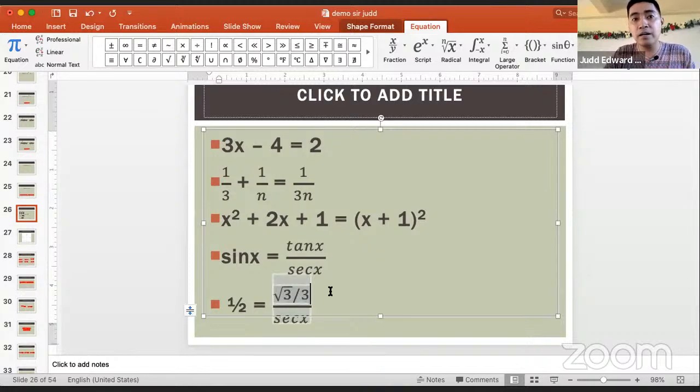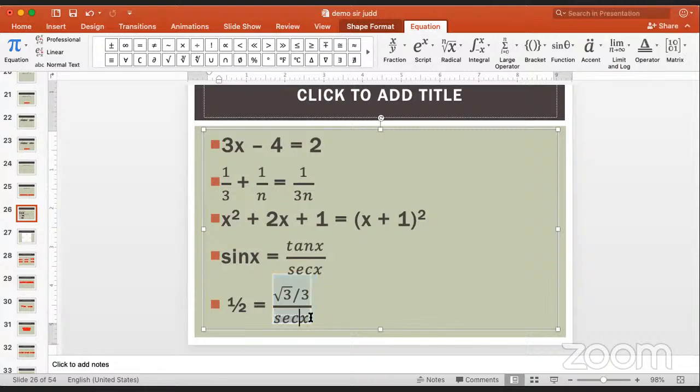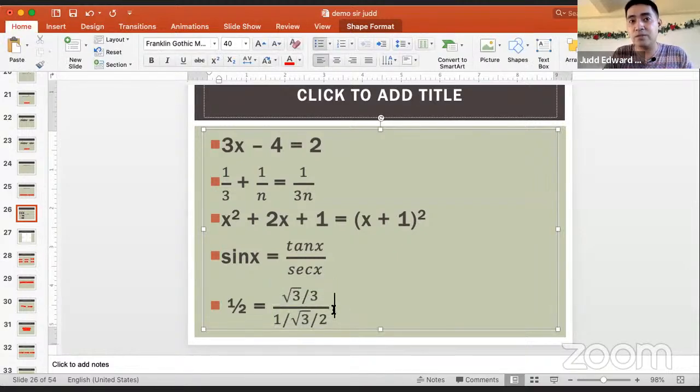Okay. How about for reciprocal ng secant is cosine? What is cosine 30? Square root of 3 over 2. Okay, so this becomes, dahil secant siya, that becomes 1 over square root of 3 over 2. So if we will be simplifying this one, so kung isi-simplify po natin siya, magiging ganito po siya. So magiging equal siya sa,